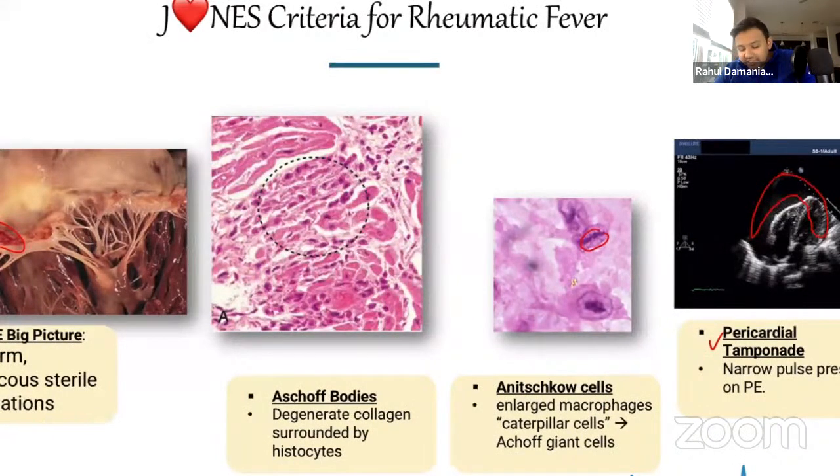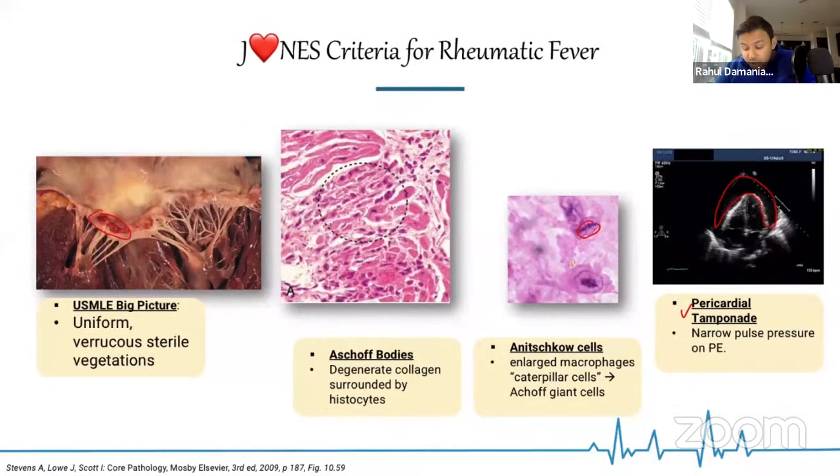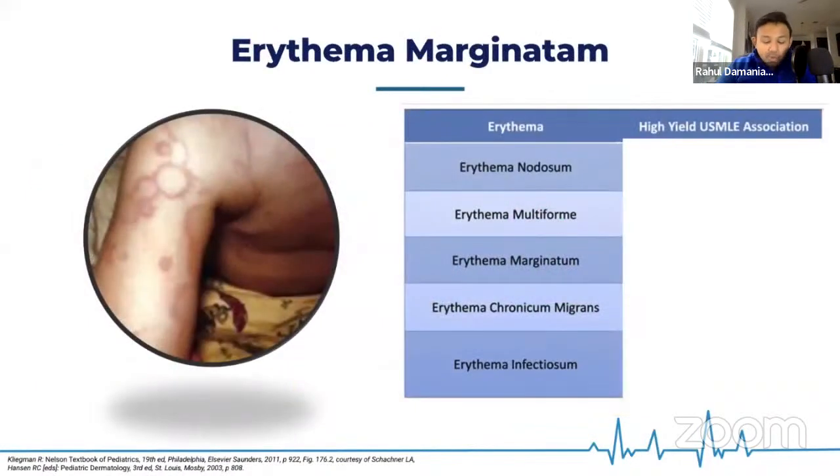And that's why you can get things like electrical alternans. You can get cardiac tamponade that presents as JVD, hypotension, and even a narrow pulse pressure with distal heart sounds. So think about the carditis as affecting endocardium, myocardium, and then the pericardium. This is going to be our last slide for today, and we're going to be talking about all the various rashes that start with erythema, just as an integration.